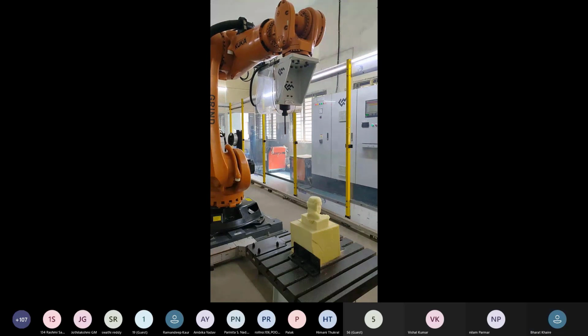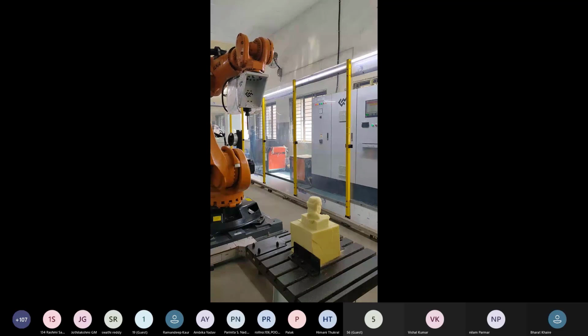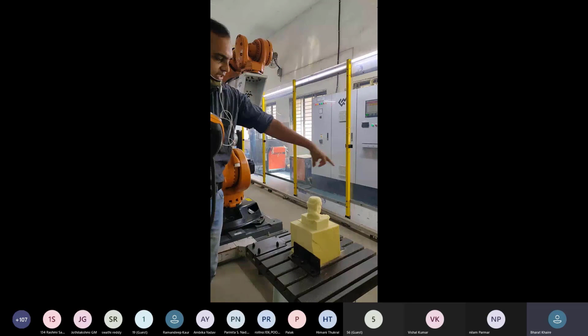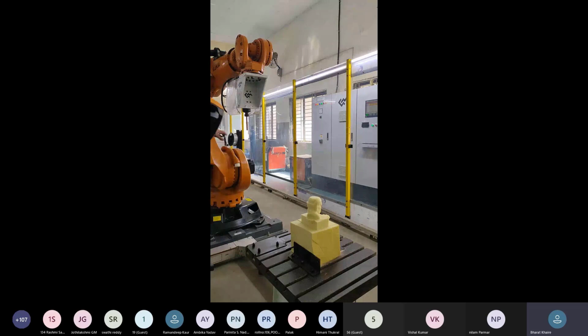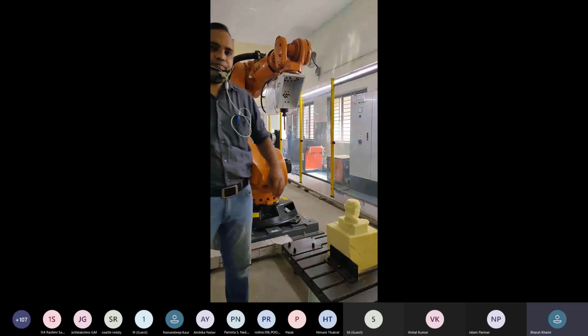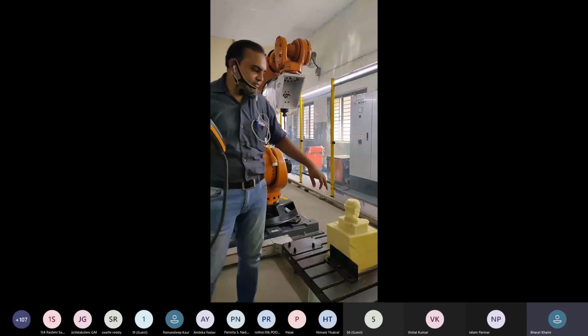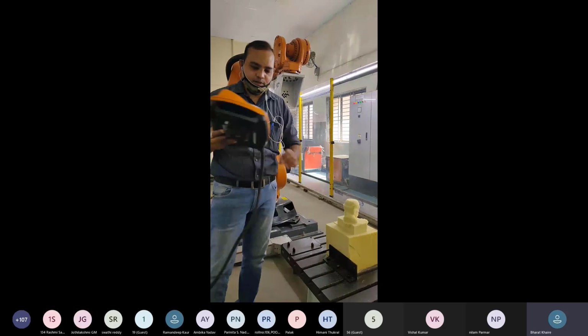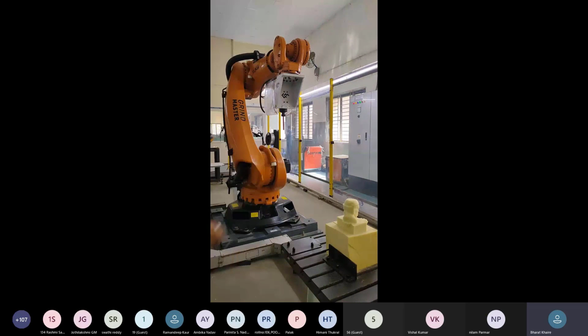Okay. So velocity has changed in circular motion. First PTP point will come at 2 meters per second, then go in Z axis at 2 meters per second. But after that, when the circle is made, at that time velocity will be 500 mm per second. Okay. So we can test the program in T2 mode.